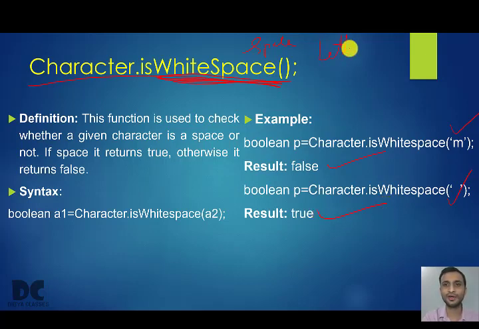So for letter you have a function to check if there is a letter. For digits you have a function. For the combination of both letter and digit you have a function. And also for space you have a function. To check if space is present, is letter present, is digit present, or is either letter or digit present.